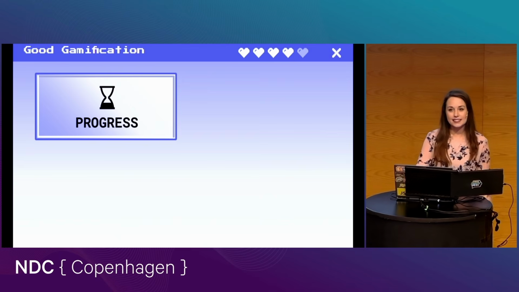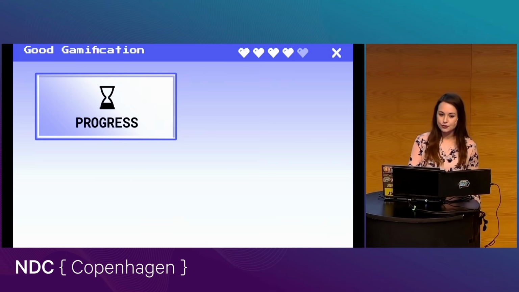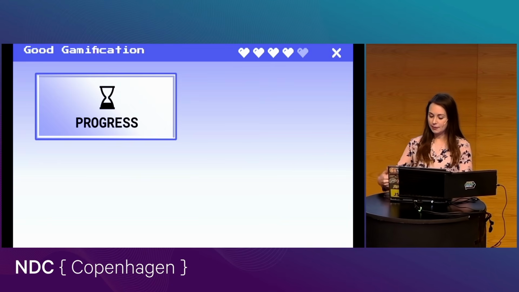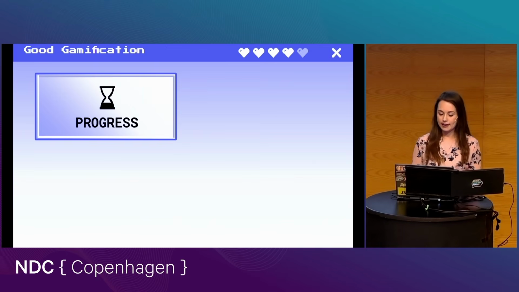Another example of this is also LinkedIn Learning. They do this pretty well too with progress tracking and weekly goals as well. So it's nice because you're able to obviously keep track of, am I actually getting anywhere with what I'm working through?